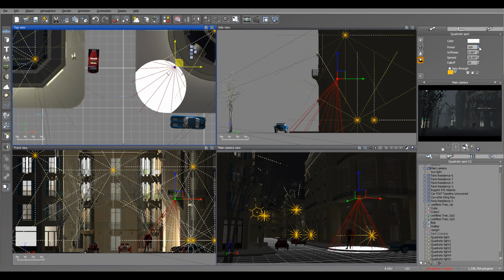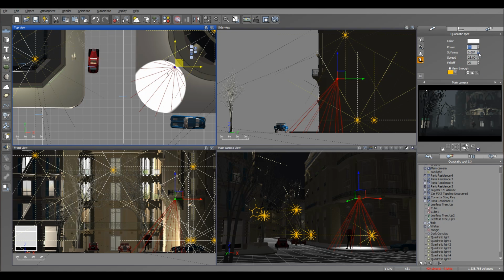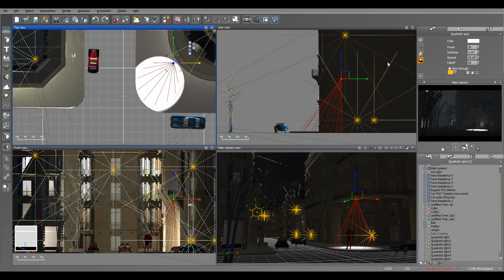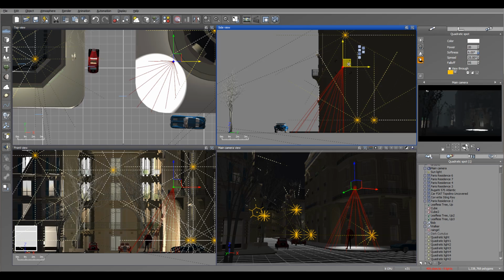Of course, I want to reduce the intensity quite a bit right here, add softness, and increase falloff as well. So it will create this nice spot. You can see it's still a little bit too bright, so I can pop it up higher,